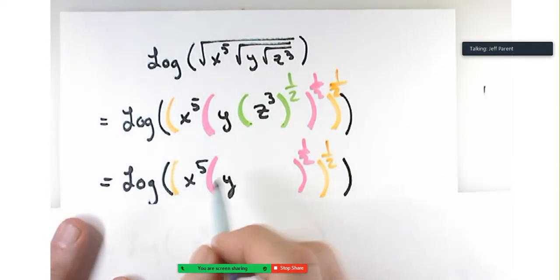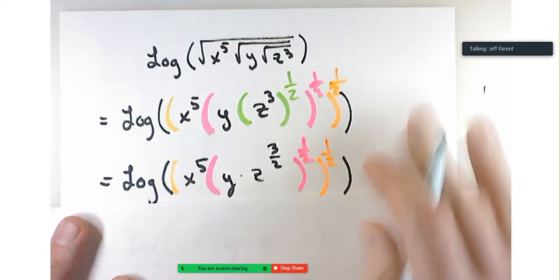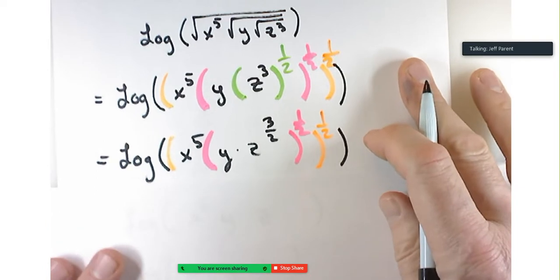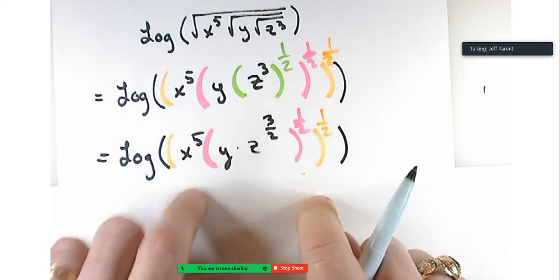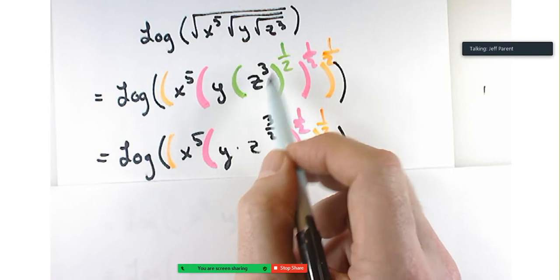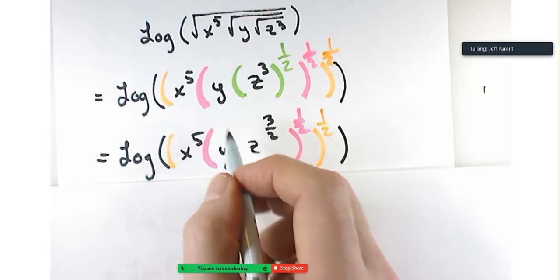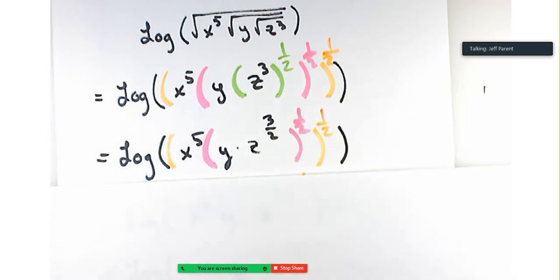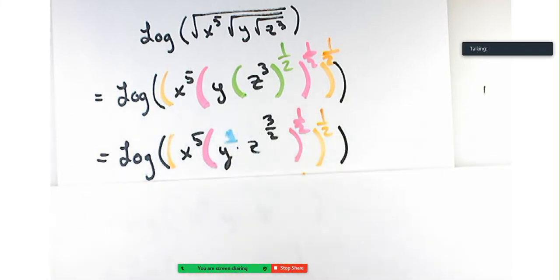Log of all this times y times z to the 3 halves. Okay, so I got rid of the first parenthesis. Now I'm going to get rid of this next parenthesis. So I'm going to drop this parenthesis, and just like this one, the 1/2 multiplied the 3. Here I'm going to have 1/2 times this and 1/2 times the exponent for y. Now it's not really written, but what exponent is understood to be out there in front of the y, or as part of the exponent of y? It's just a 1. So when I remove the parentheses on that one,